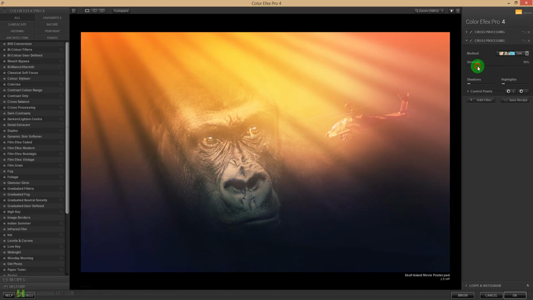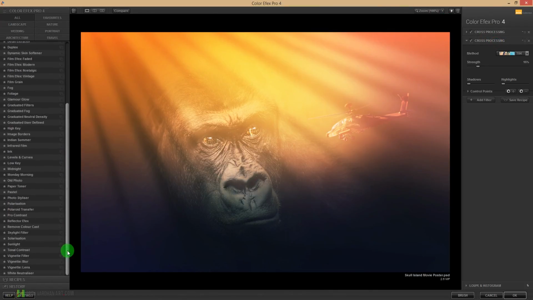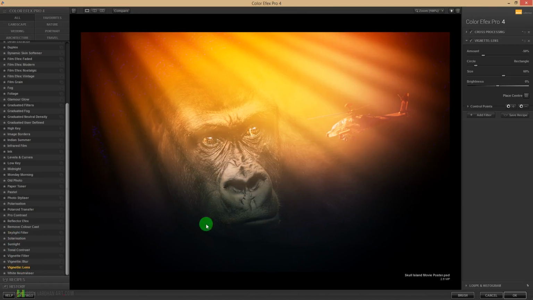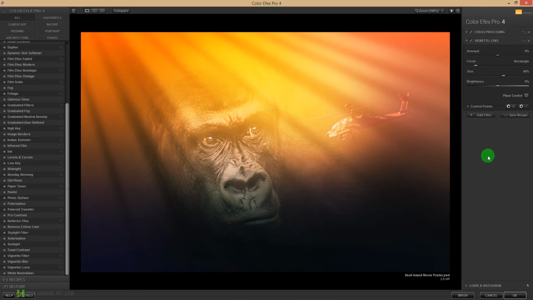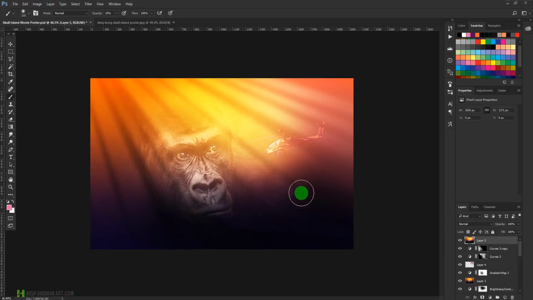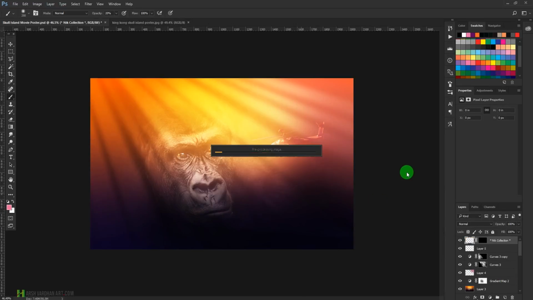I'll lower down its strength, maybe something like this, and see the result. I think I don't like it, so I will take vignette lens, and that way it is going to add some vignette. Alright, let's cut the crap. We'll go for this one and press OK, and let it apply,